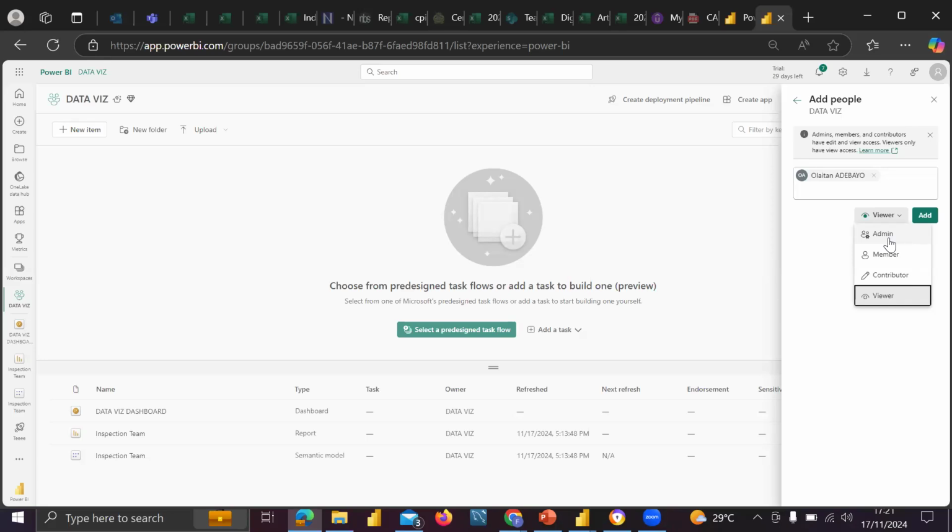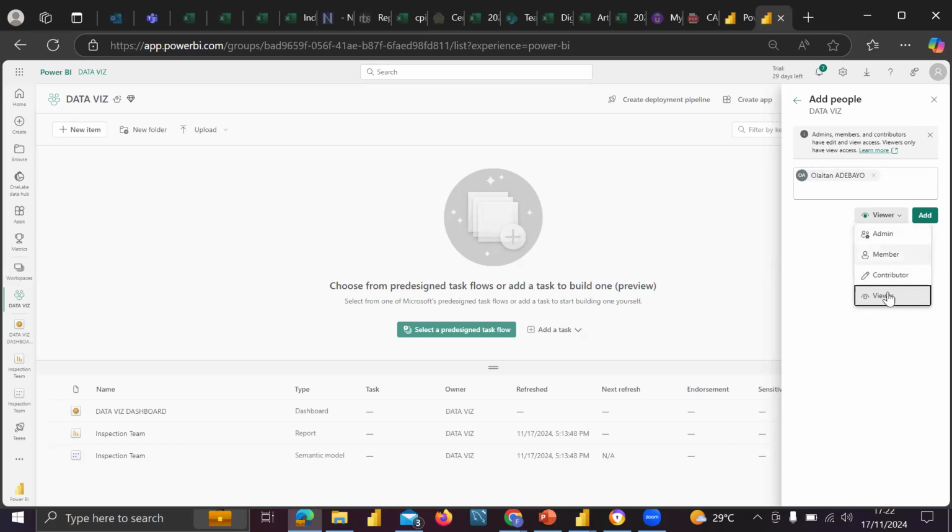So you need to be very careful, and you need to find a way to have a little bit of control over your workspace. You don't just give any other person an admin role. This is a role that gives that particular person the same access and the same control that you have. So it's better you just give a viewer role. You are giving your colleagues the display role, that okay, you can just see, you cannot edit, you cannot make any changes.